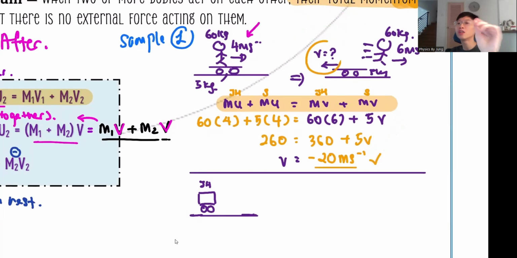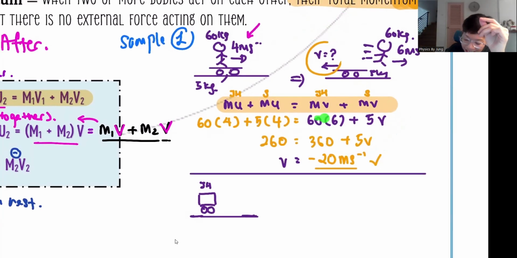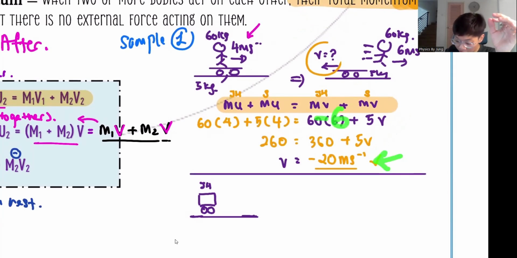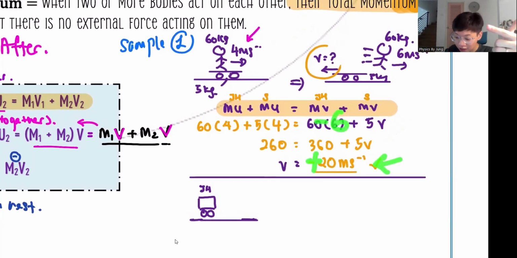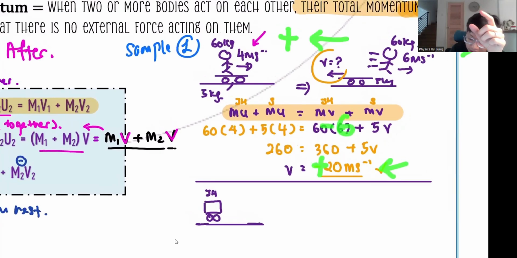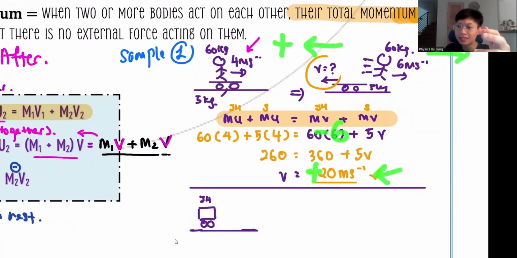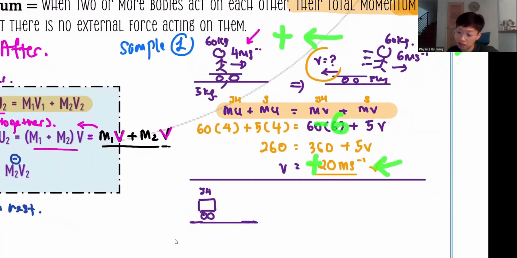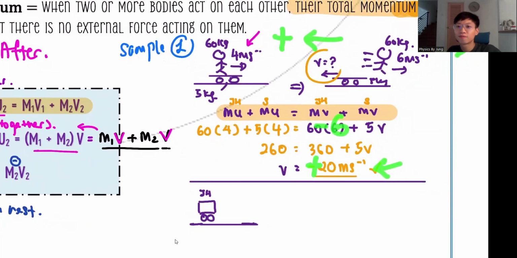No? Okay. So let's say, Regan, if you put negative 6 here, your final answer will come out to be positive 20, correct? So that means according to your picture, going backwards is positive and going forwards is negative. Is it acceptable? The answer is yes, it is also acceptable. It's just your own preference only.